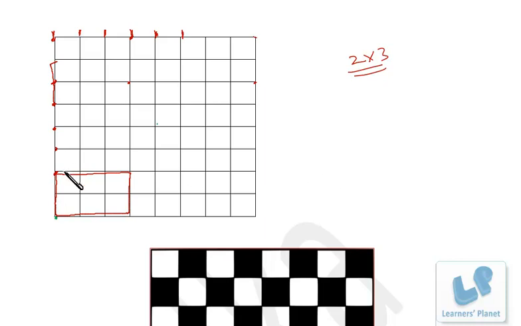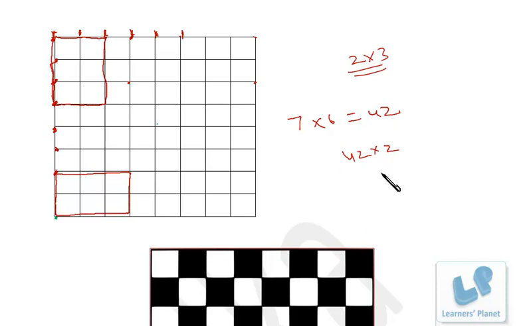Again count the number of points. 1, 2, 3, 4, 5, 6 and 7, right? So 7 this way and 1, 2, 3, 4, 5, 6, 6 this way. So 7 into 6, 42 rectangles will be there when this length is 2 and breadth is 3. Similarly, if we take the reverse, maybe this is 2 and this is 3, in that case the calculation will be just double. The same way will be there, but the calculation will be doubled.